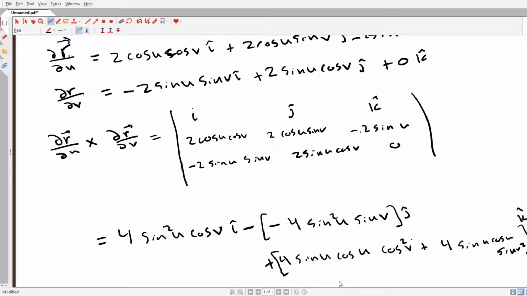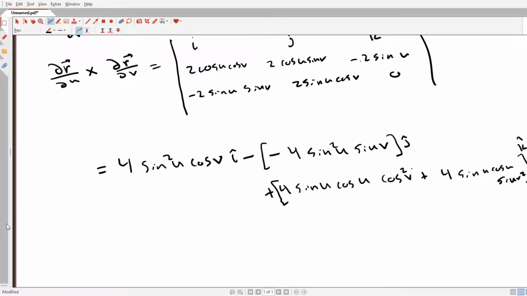Okay, just cram it in at the end. Because this is going to simplify. So this term right here becomes, it can simplify quite a bit. So I'm going to have 4 sine squared u cosine v i plus 4 sine squared u sine v